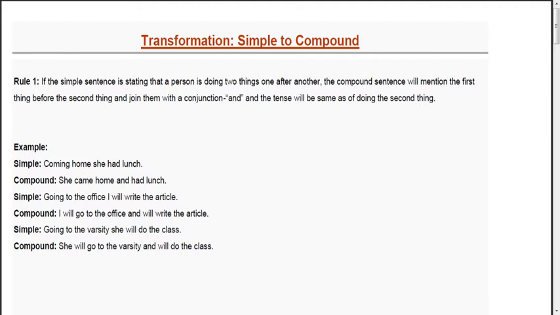So that's all. So rule 1, we find that if a person does two actions in a simple sentence, when we attempt to change it to a compound sentence, we'll separate the clauses, we'll separate the actions, and in the middle we'll put a conjunction named and. That's all. Well, now let's see what happens with rule 2.